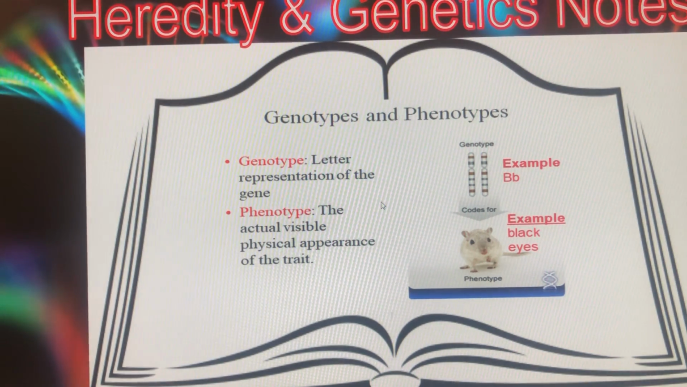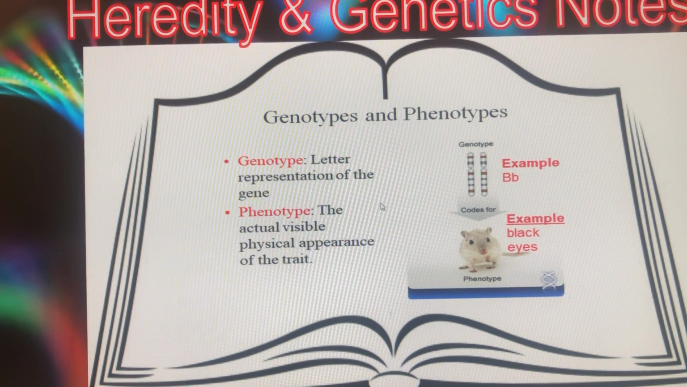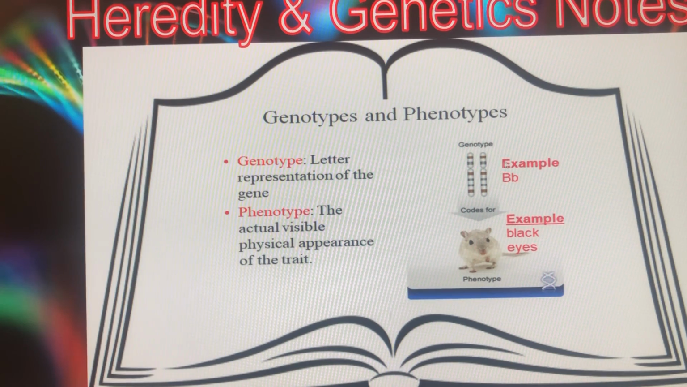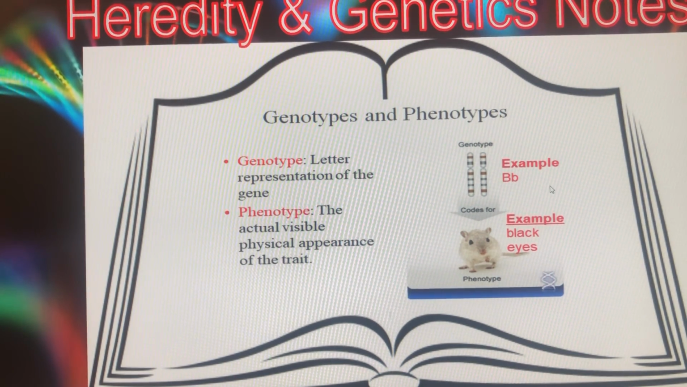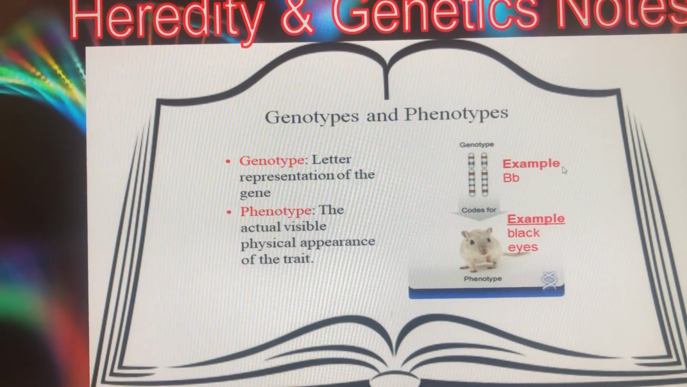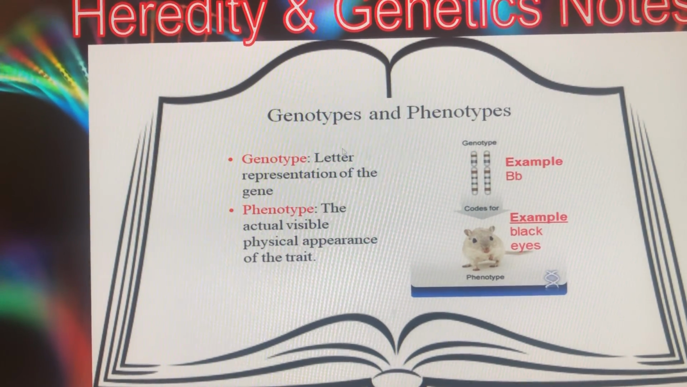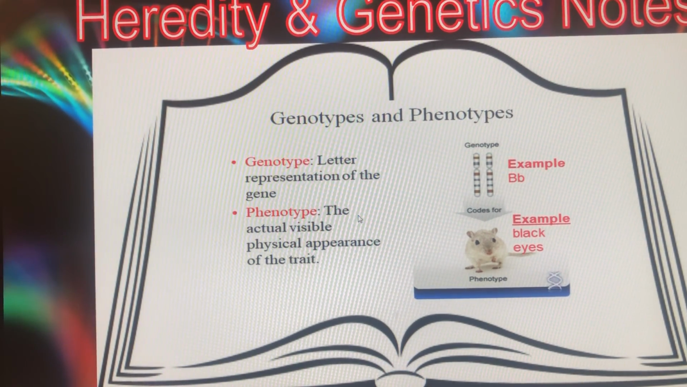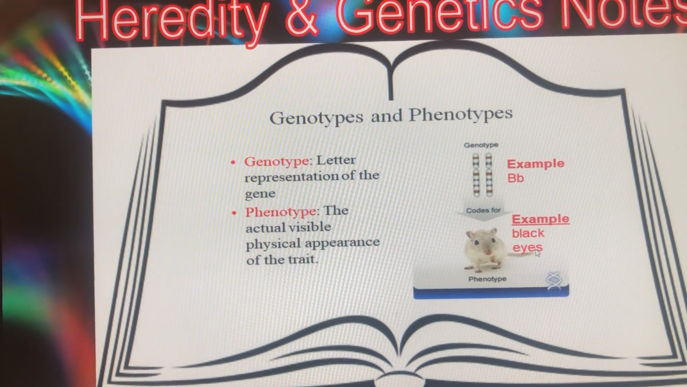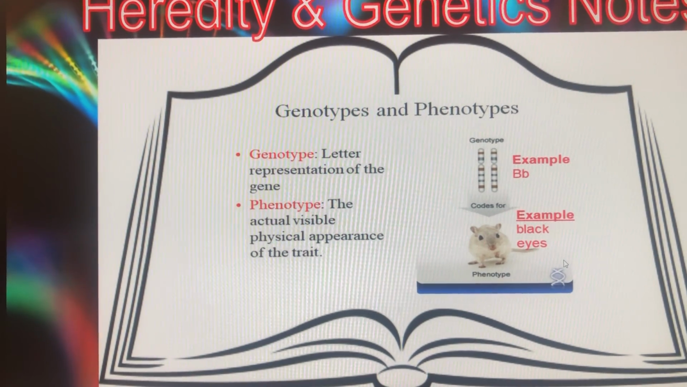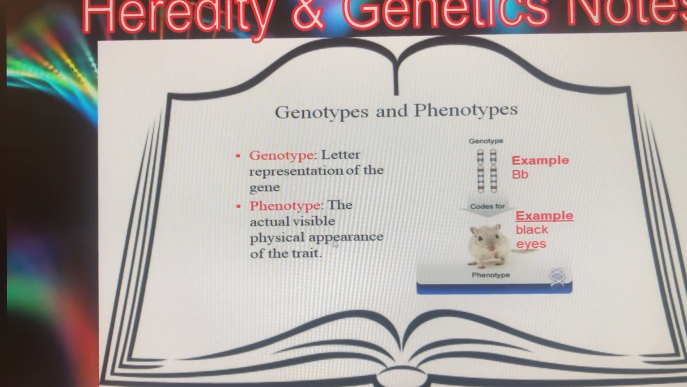Okay, for your ISN entry, you're going to write this exact slide out. Genotype is the letter representation. Give us an example, big B, little b. Okay, genotype could be little b. It could be big B. Okay, but it's a two-letter representation of the gene. And phenotype is, again, just what we physically see. Black eyes, brown eyes, blue eyes, blonde hair, brown hair. Okay, so it's the actual physical